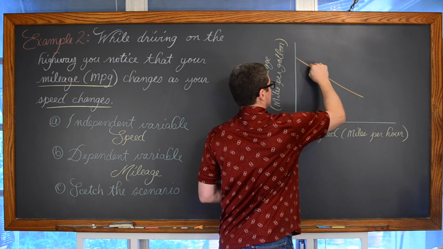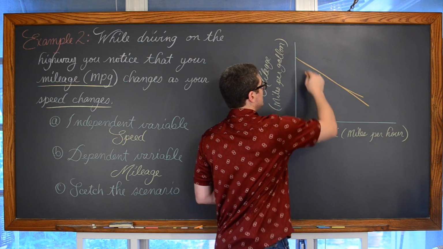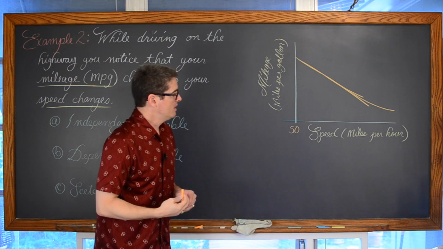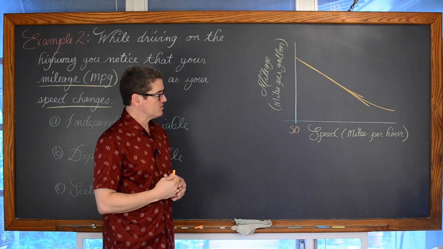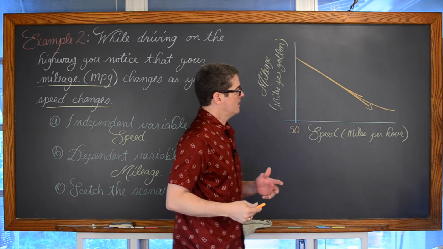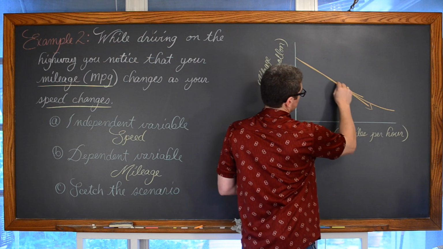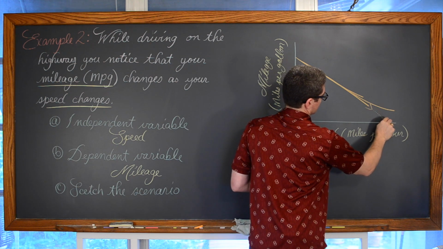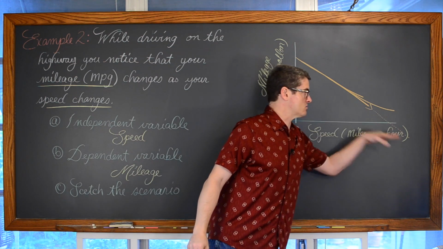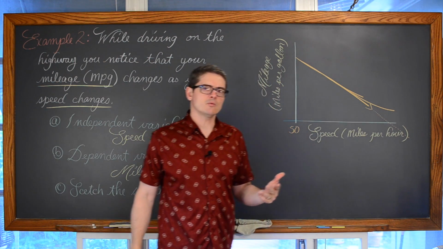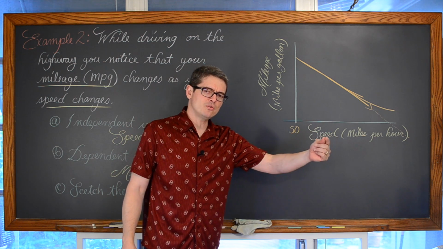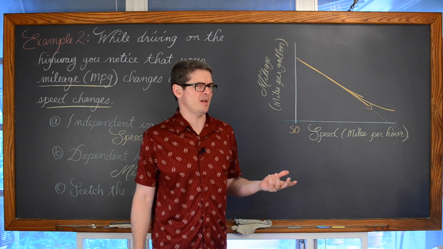Now, we could make a straight line. We could maybe think of this line kind of curving out. This is just the very beginning study of how variables are related to themselves. I would have a bit of a problem if you drew a straight line and just stuck an arrow on it, because that would indicate that it was going down forever. Well, if it goes down forever, at some point you're going to cross through that horizontal axis and that line is going to drop below it. Well, that means that your mileage is actually negative? Would that mean that the faster you went, your gas tank actually started to fill up?